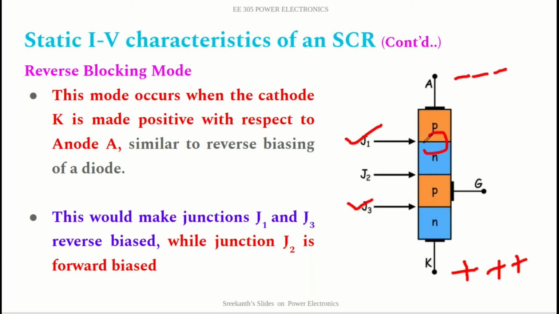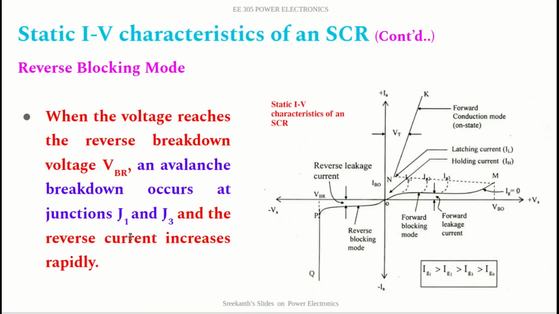So when you increase this potential more and more, a larger pressure is being developed at these junctions. And at the point of VBR, this pressure becomes high enough to break this junction and an avalanche breakdown occurs at this junction. And once the avalanche breakdown occurs, a large current starts to flow. And that is what happened here. Up to this point, you can see that it is almost constant, but the moment VBR is reached, an avalanche breakdown at the junctions J1 and J3 occurred and the current peaked.